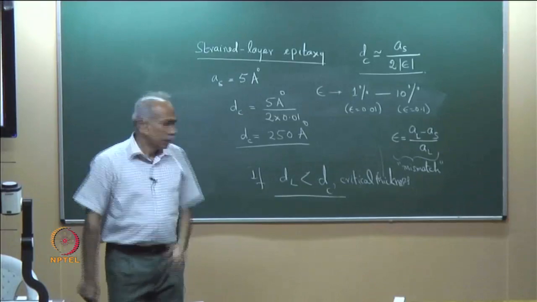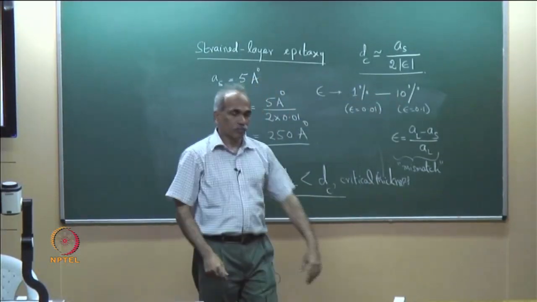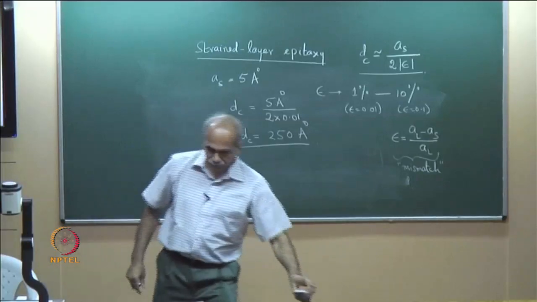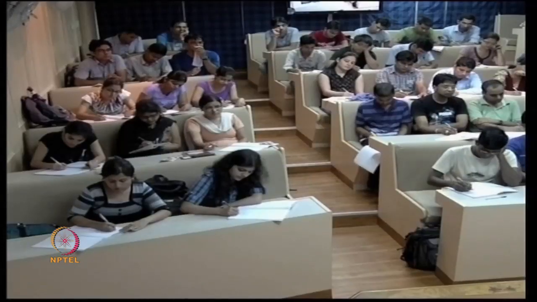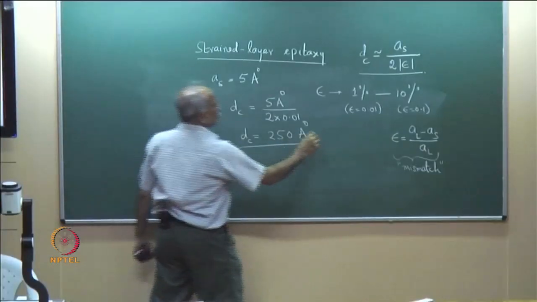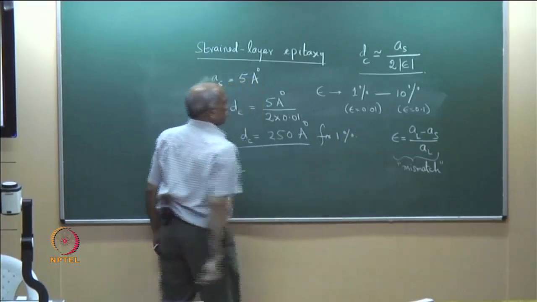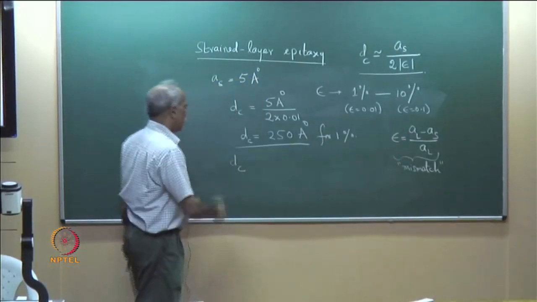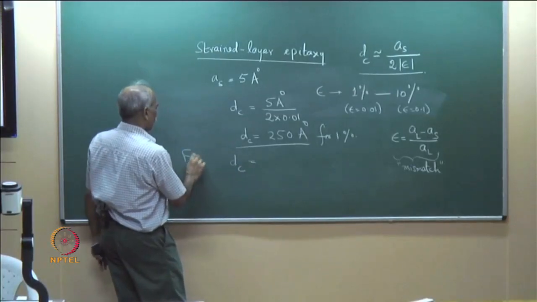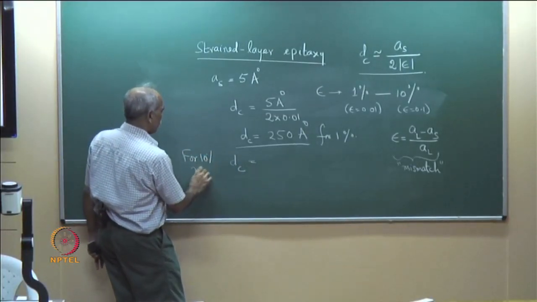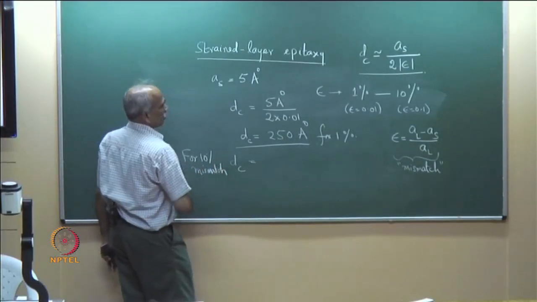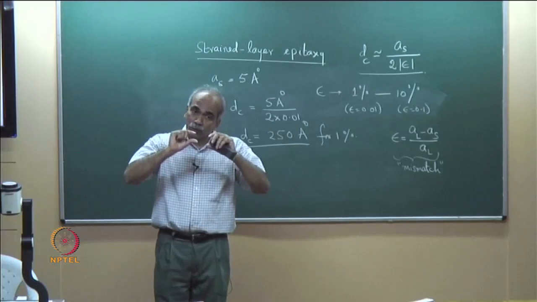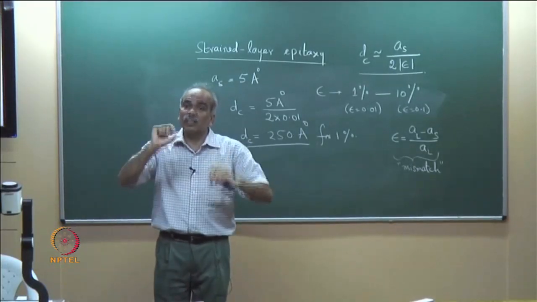be tolerated. If you put 10% mismatch, so DC will be equal to, so this was for 1%. Most of the time the mismatch is talked of in terms of percentage, but remember that it means epsilon is this much. So, DC for 10% mismatch, what do you expect the thickness of the layer to be? Much smaller, because the mismatch is more, it has to adjust itself more, therefore, only a thinner layer would get